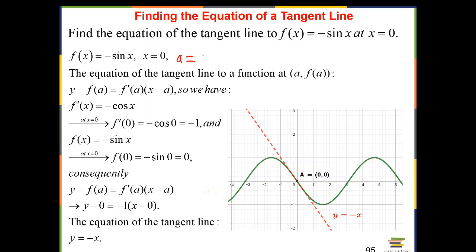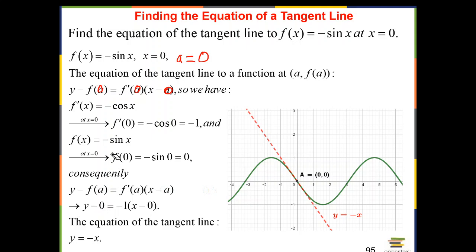So a is 0. So that's 0, that's 0, that's 0, right? So we have to just find f of 0. Well, f of 0 is negative sine 0. Sine 0 is 0. So this value here is 0. So it's y minus 0,